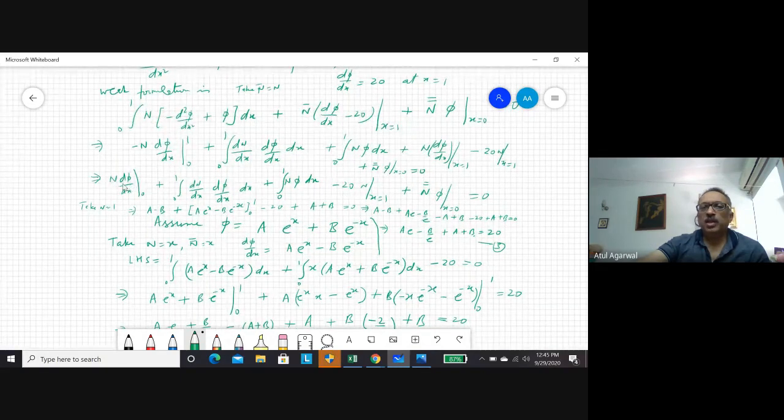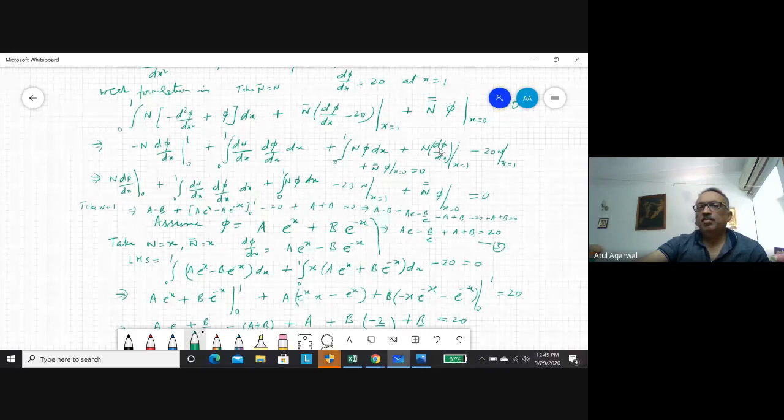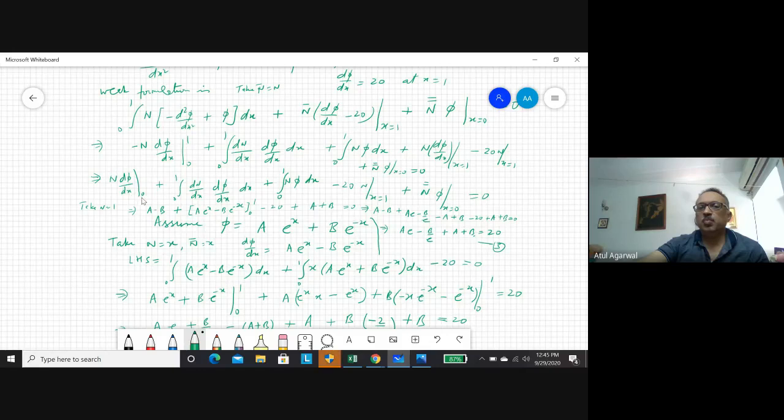So you see here we have got n dphi/dx with a minus and plus this term. So this thing we can cancel out with this part of this term if we take n bar as n. So we are left with only the term at the point x equal to 0, plus this term, plus this term and this term. Now we assume n is equal to 1. Also we have to assume a solution for phi. These are global solutions. They are satisfied over the entire domain. And we have to find A and B. Okay.